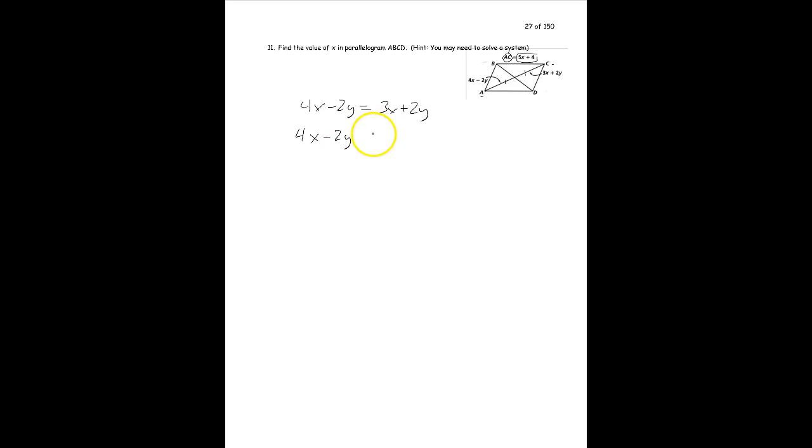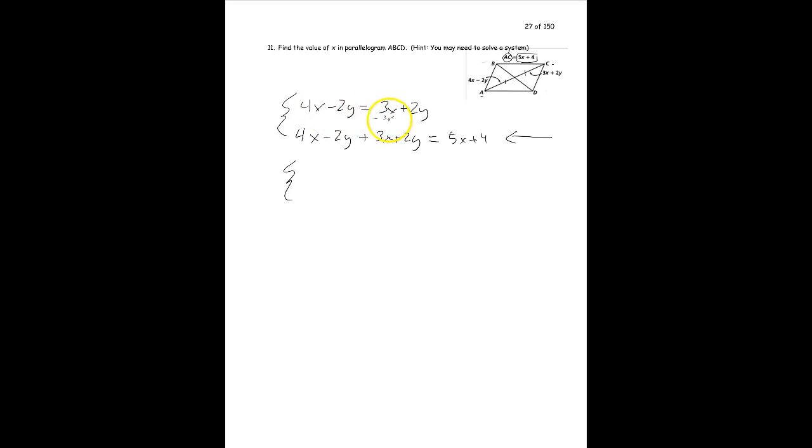So 4x minus 2y is one half of the diagonal. The other one is 3x plus 2y. And we know that in total that equals 5x plus 4. And this would be the system we need to solve. This one will actually turn out to be somewhat easy because in this equation right here, the y's are going to cancel. So if we simplify this system here, we have 4x and on this side 3x,